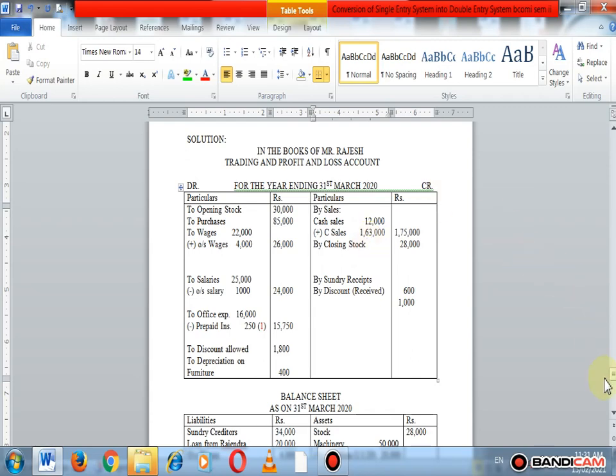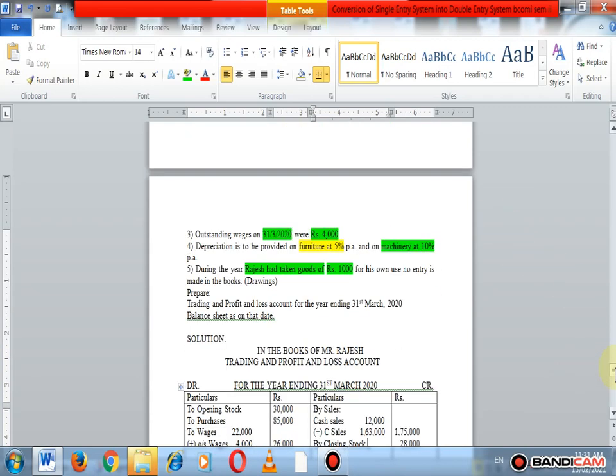So here in our adjustment number five, during the year Mr. Rajesh has taken goods of rupees 1,000 for his own use. No entry is passed in the books of accounts. Okay, so we give one effect, that is we deduct these goods from capital, but the second